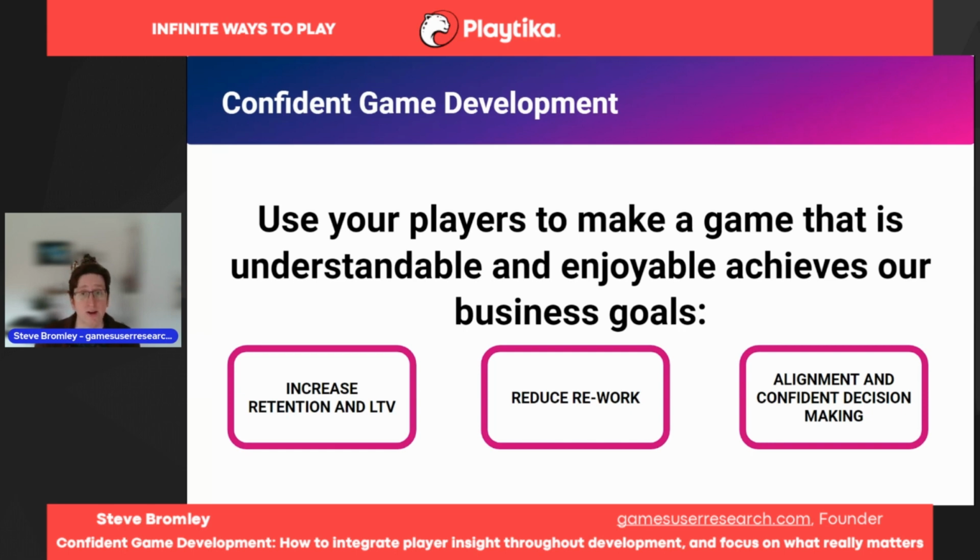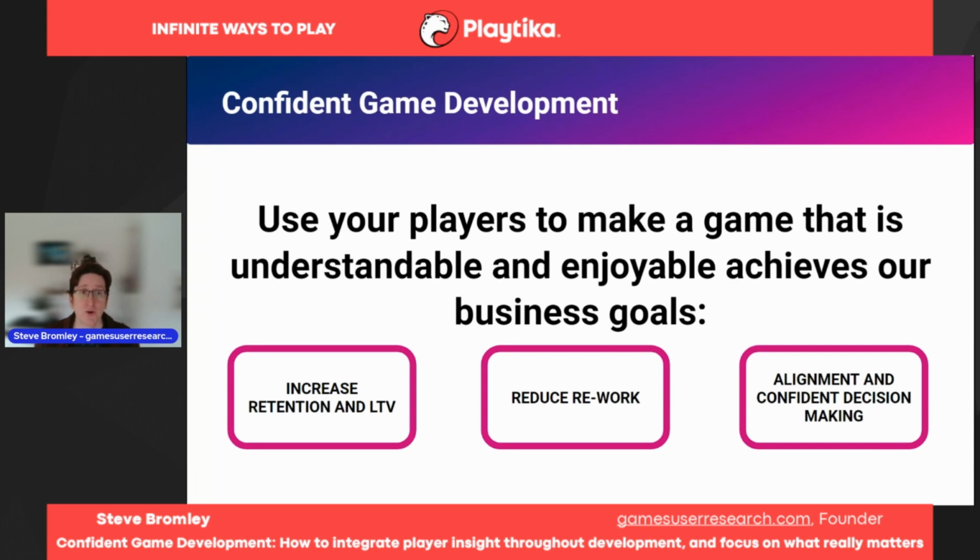Hey, we want our games to be understandable and enjoyable, but it's also very helpful for the business side of games. As you know, games is that messy mix of creativity, art and business, and we get in trouble if we over-index on trying to make a good game without thinking about the impact: is this going to be a successful game? Can it be sold? Will there be a market for this? And the process I've described achieves both of that.